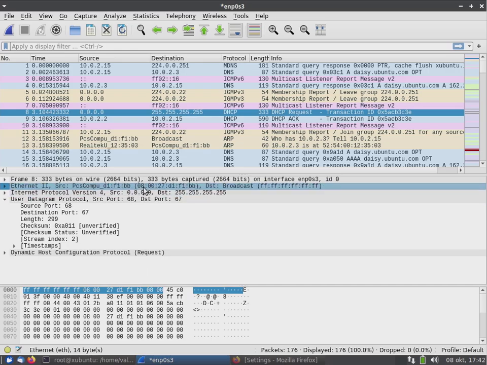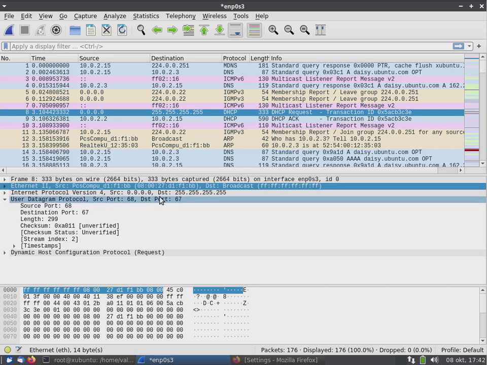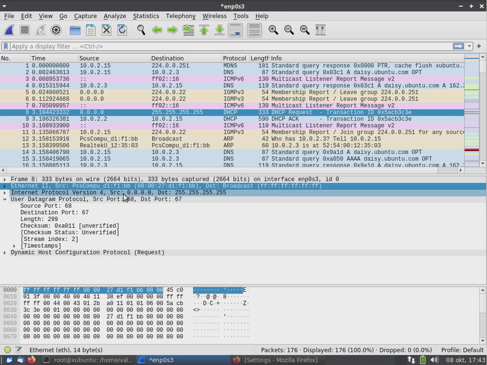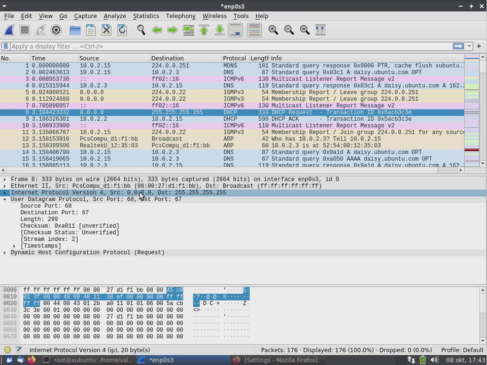This is the source MAC address, and the destination MAC address is FFFF, so it sent to everyone. It also sent IP data, so the source address is all zeros and the destination address is all ones, or in decimal these are written as 255.255.255.255.